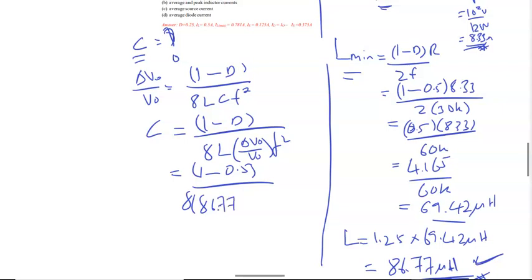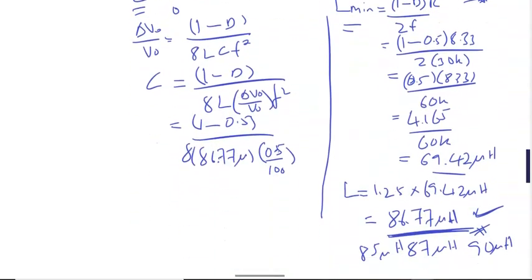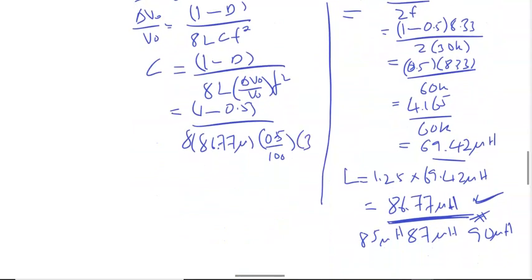86.77 micro times 0.5%. 0.5 divided by 100 times frequency. How much is the frequency of our system? How much is it? 30 kilohertz. So times 30k, power by 2. Okay, solve